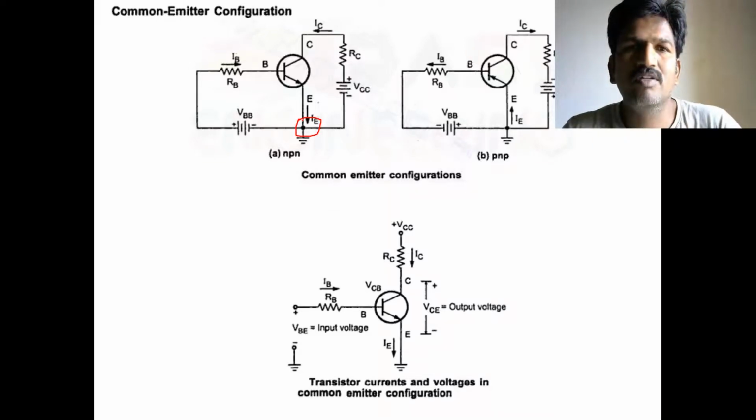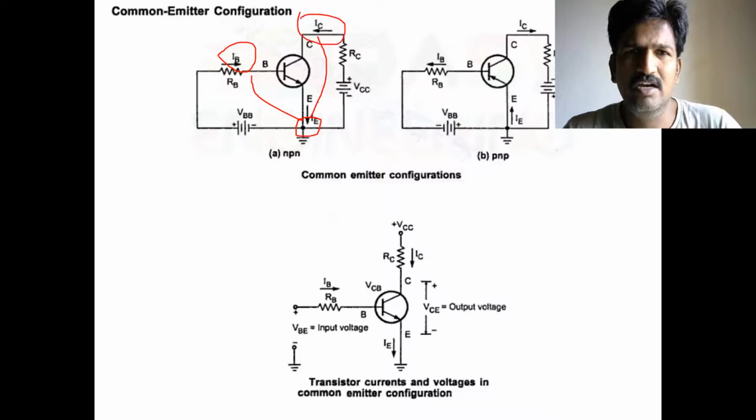the common is common for the collector and base. The common is going to become grounded. It is going to be common to the base as well as common to the collector. Here in the PNP transistor also, the emitter is connected to the ground. How are the current directions of the NPN transistor and the PNP transistor observed when they are configured like a CE?